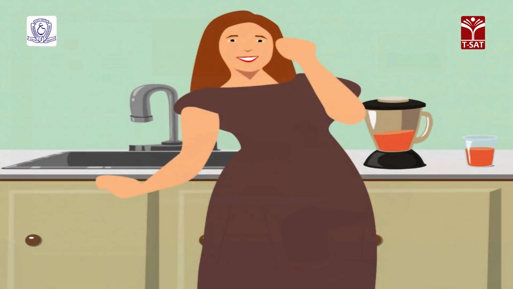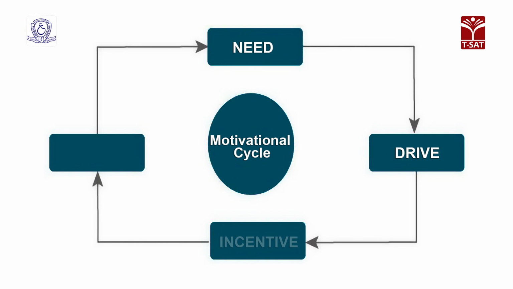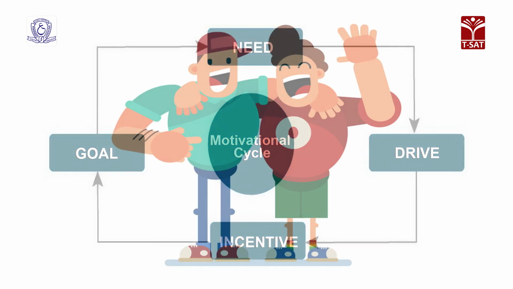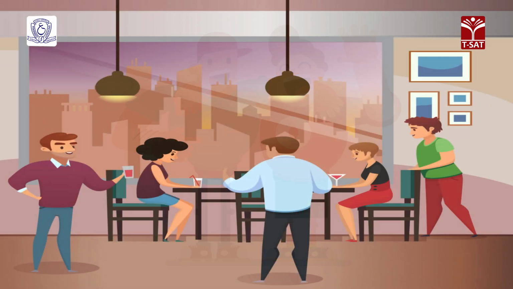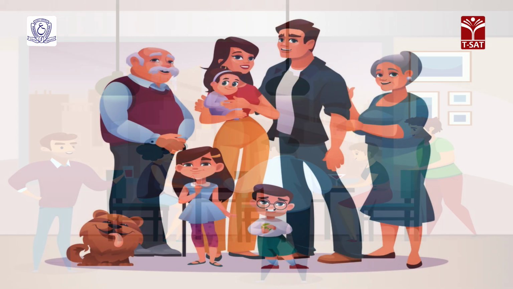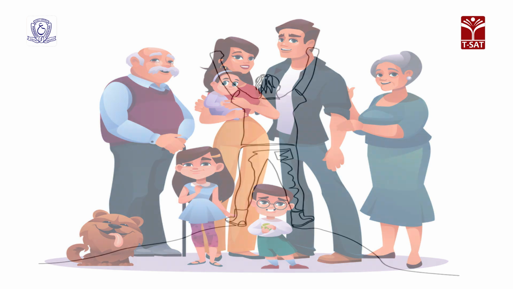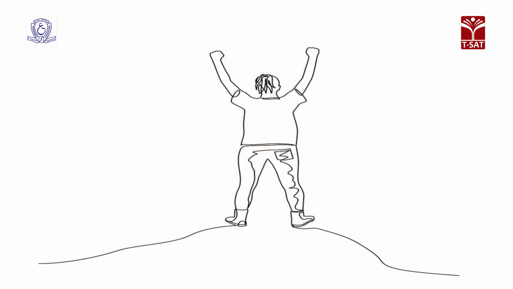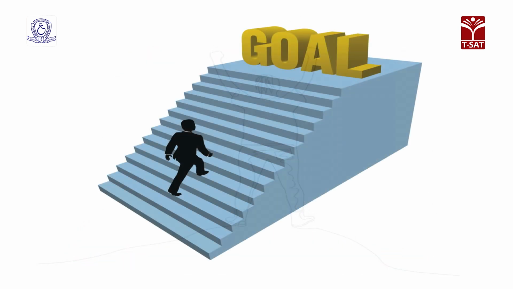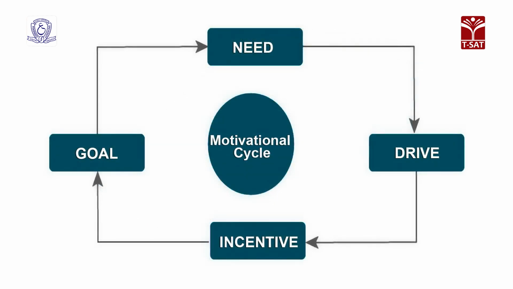So, when you had taken that, you are very happy, your hunger is satisfied. So, that is an incentive. Once the incentive is giving you the satisfaction, naturally you have achieved your goal. What is the goal? You could satisfy your hunger, or it is meeting your close friend or any other relative, naturally even you felt very happy after meeting them. Once the goal is achieved, you are not stopping there, some other motive again will start. So, some other need again starts. This is called motivation cycle.